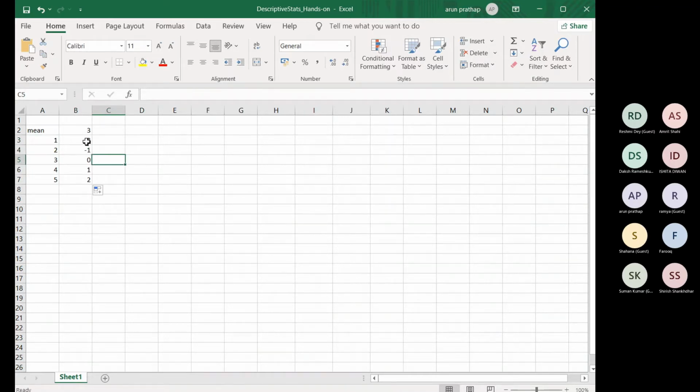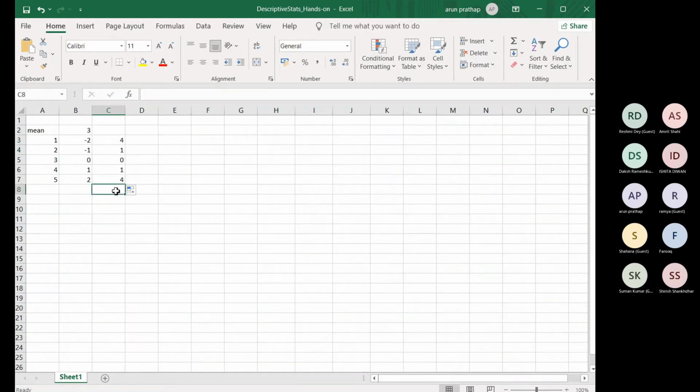So this is the X minus mean that we computed here. Now I will try to compute a standard deviation here. Right. Then what do we want? We want the square of all these. So there I can actually put the cell raised to 2. So that way I can again copy paste all the rows. So -1 square is 1, 0 square is 0, 1 square is 1, like that.